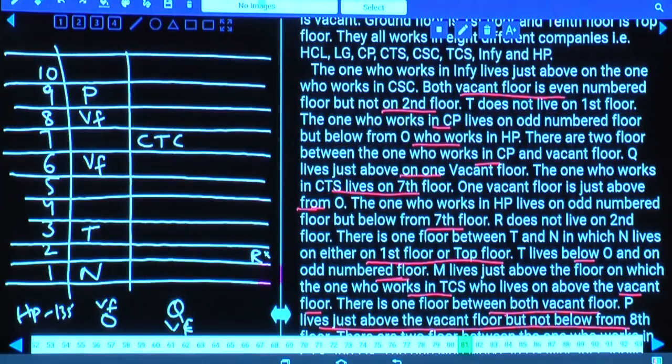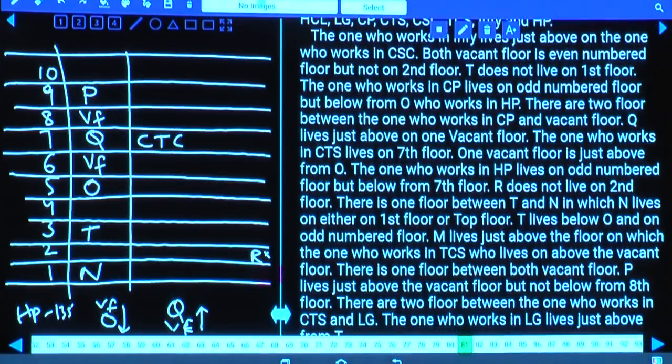As two vacant floors are fixed, O is just below the vacant floor, and Q is what? Q is just above the vacant floor. Hence, what are the positions of these? Q must be here, just above the vacant floor, and O is just below the vacant floor. Done with this? Then,